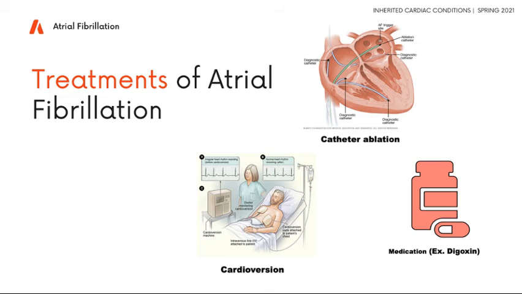A patient may not need to go through the two previous procedures. They could be prescribed a medication, for example, digoxin. It's a type of drug whose function is to slow down our heart rate. It will improve the filling of blood of our ventricles, which are the two chambers of our heart, thus correcting the different volumes of blood that is pumped out with those who experience atrial fibrillation.